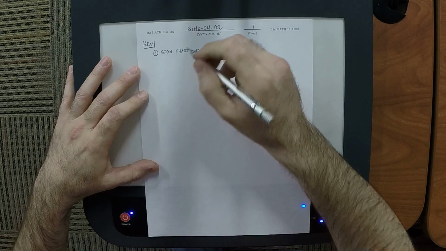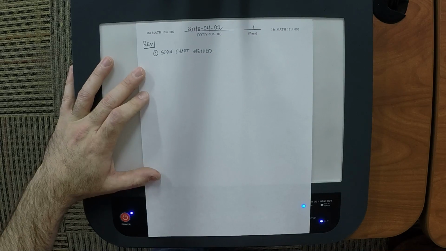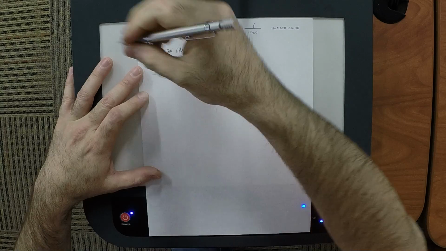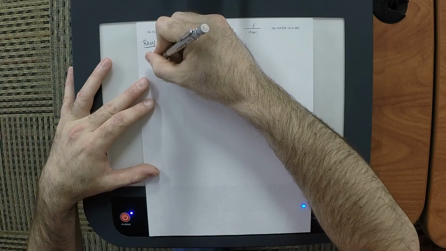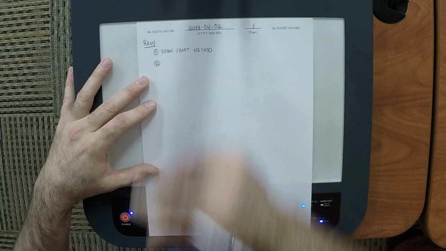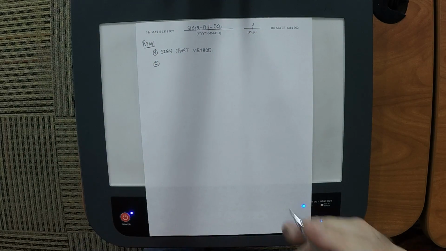So in this remark, I'm going to take the time to explain under what circumstance do we use the sign chart method. Okay. So as a reminder, or really, we haven't said it directly. We've said all the things necessary, but we haven't said this directly. So